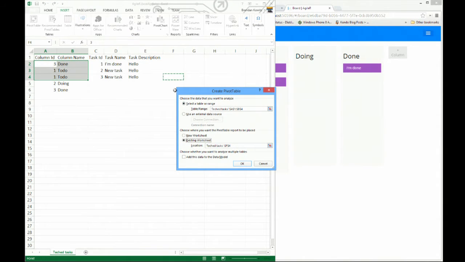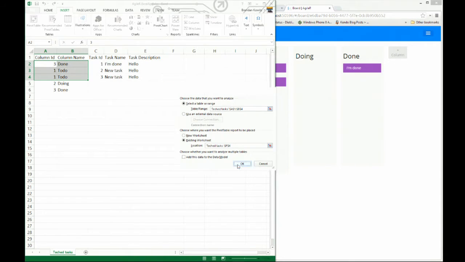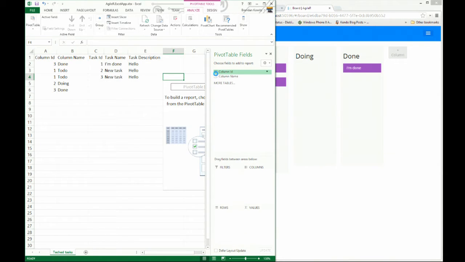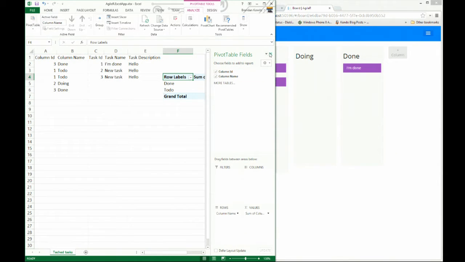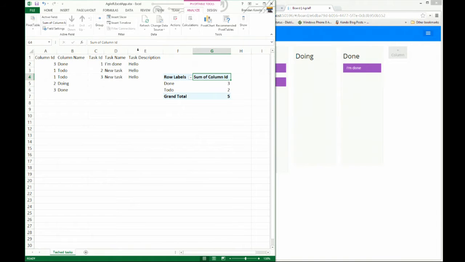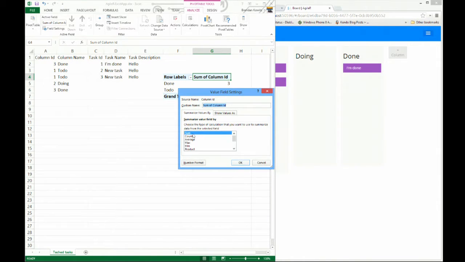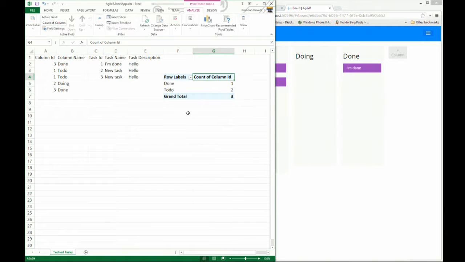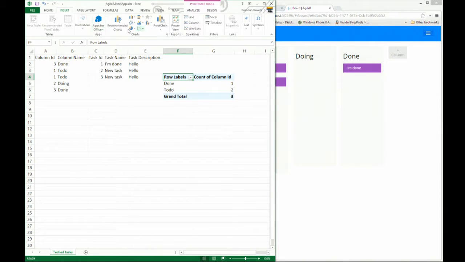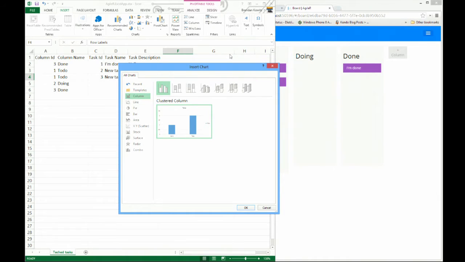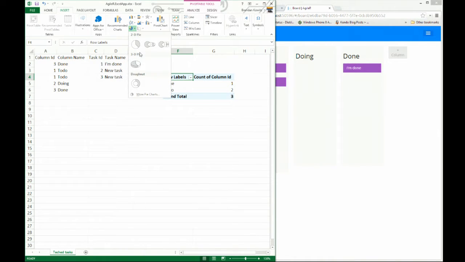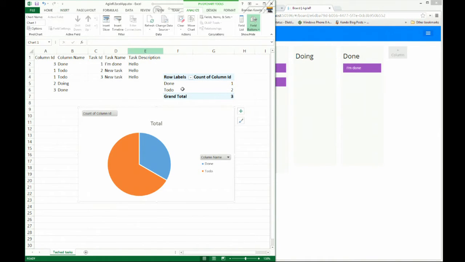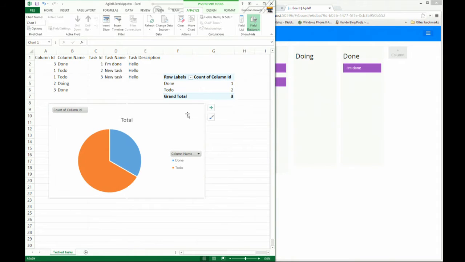Has anyone made one of those before? This is my first one. I didn't even know what that was till now. Okay, I've got a pivot table, and what I want it to do is I want it just to count the items that are in those particular columns, right? So now I've got a pivot table, then of course you can make charts from pivot tables. They go hand in hand, I found out. That's what the online help said. Okay, so now I've got a pie chart of all the tasks that are in each column.